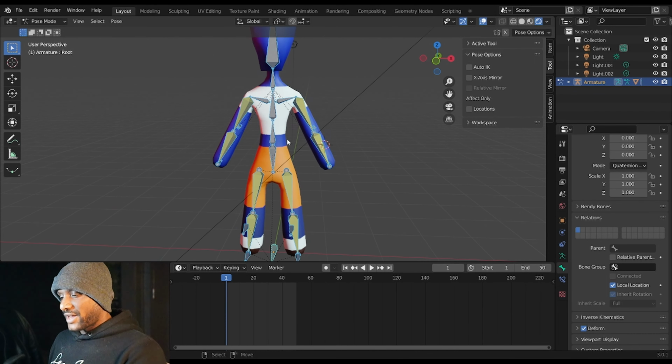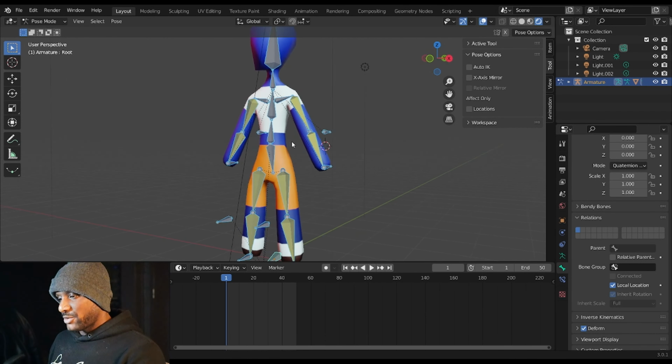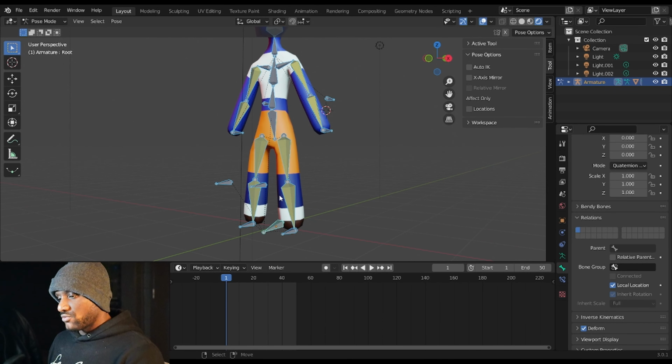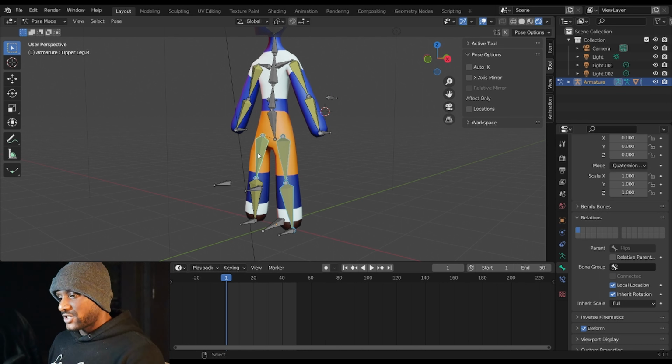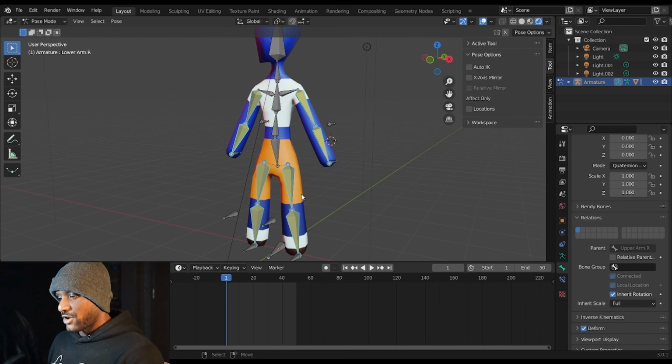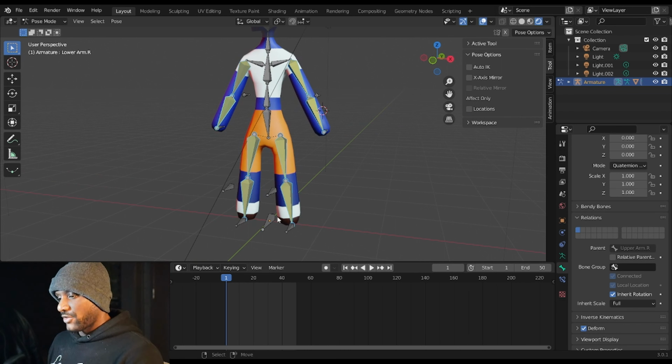So the last thing you want to do for this little hand-me-down rig is, now we don't have any use for the actual leg bones and the arm bones. However, we still have use for the head, neck, shoulders, and spine, and also the IK bones and the root. So what you want to do is take these bones